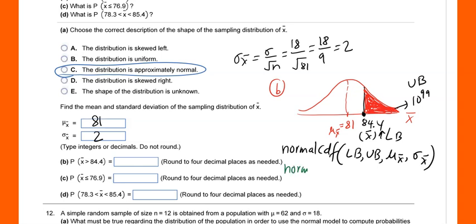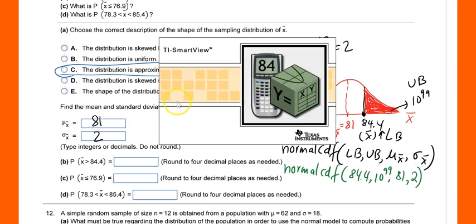What you're going to put in is normal CDF, lower bound is 84.4, upper bound is 10 to the power 99, mu x bar, which is going to be 81, comma, sigma x bar going to be 2. Put everything in the calculator. Let's see what you get. Okay, here's your calculator,